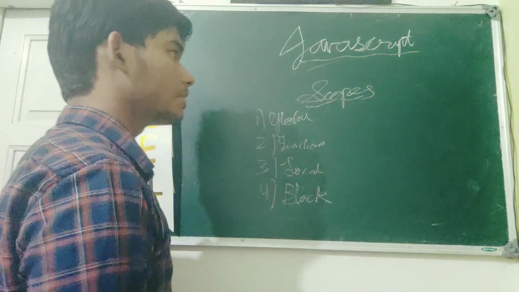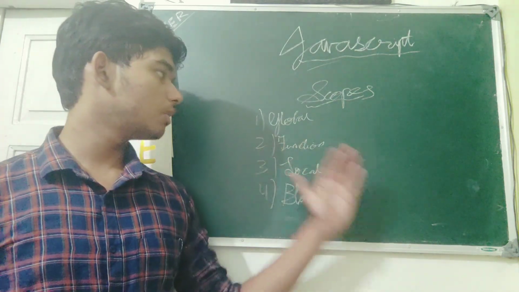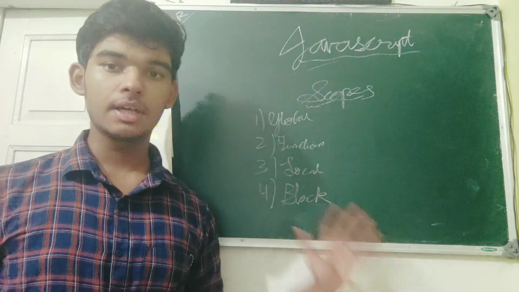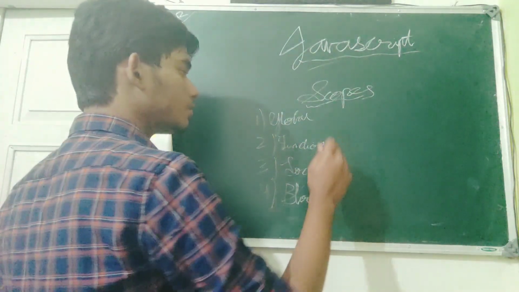So these 4 are the scopes that we use in JavaScript. Now these are related to the variables or global variables, function variables, and all of that, but we'll talk about them in the next episode. But for now, let's talk about these scopes. So global scope